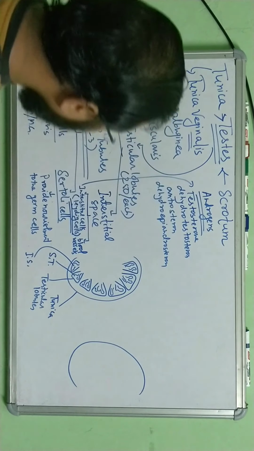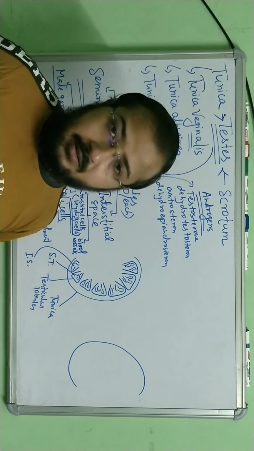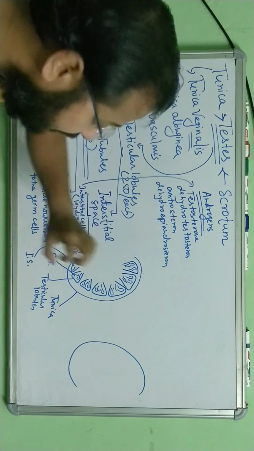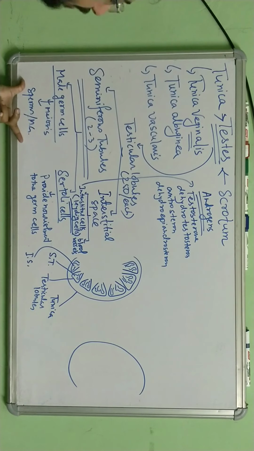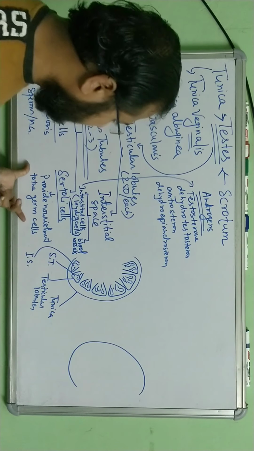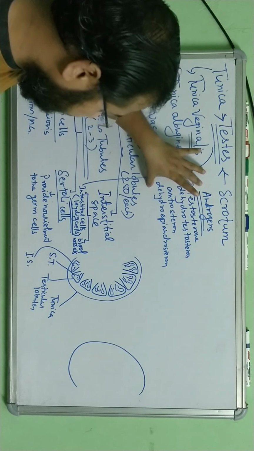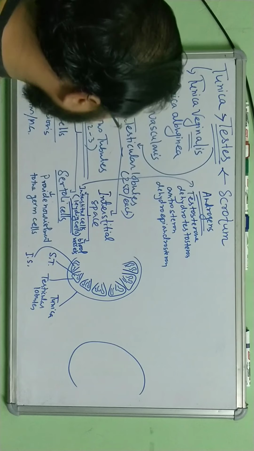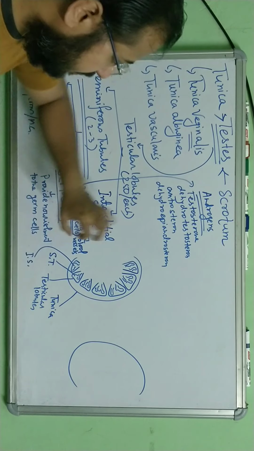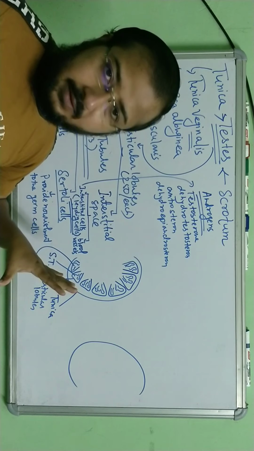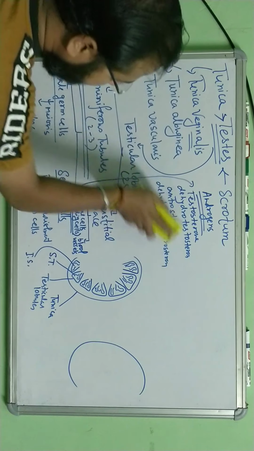So this is the discussion about the testes. Inside these lobules and inside the testes, what is happening? Sperms are produced, nutrients are provided by Sertoli cells. Then we have Leydig cells providing the male sex hormones, and there are blood vessels also there. We have seen the membrane also. This is the testis inside. Clear? Now we are going to see the next one. I am rubbing this part.